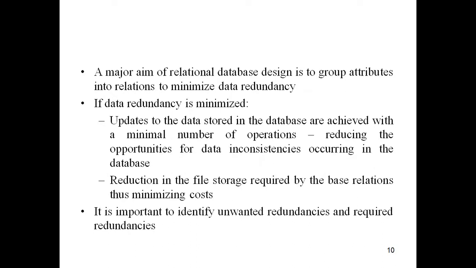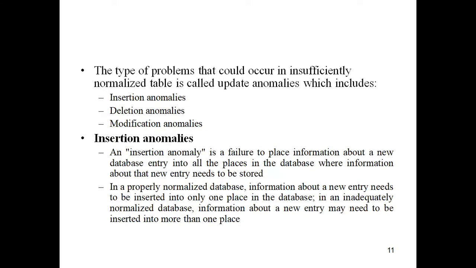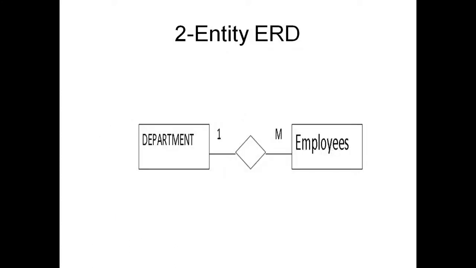What is the purpose of normalization? The purpose of normalization is to avoid any type of anomalies. You must be remembering there are four types of anomalies: insertion anomaly, deletion anomaly, updation anomaly, and redundancy. Let us see them again with an example.